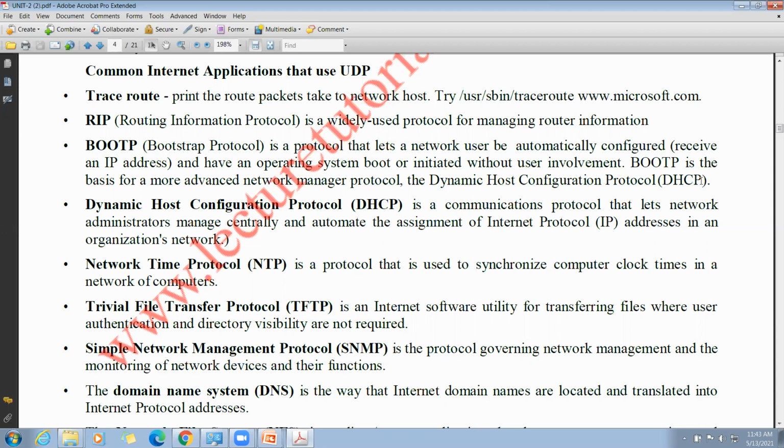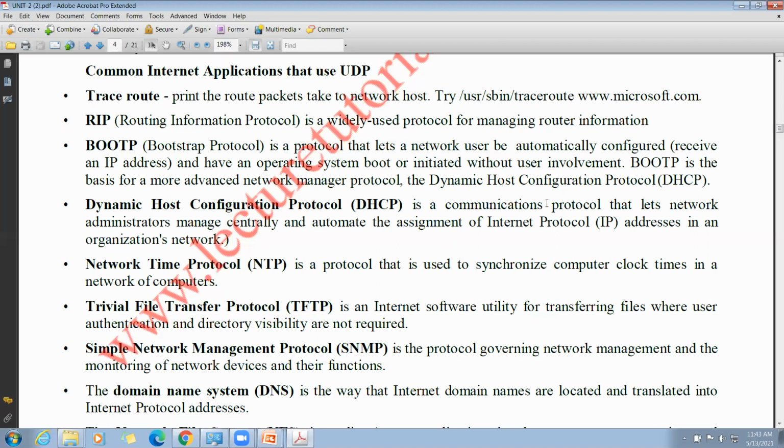That means finding out the exact IP address of the host is very difficult. In those cases, we use DHCP, Dynamic Host Configuration Protocol. That is one more application of UDP. Next one is DHCP.